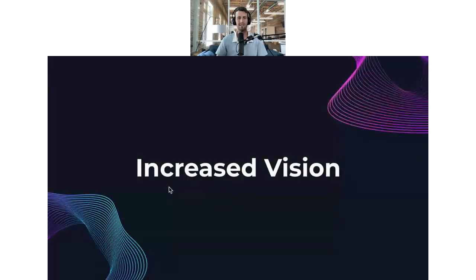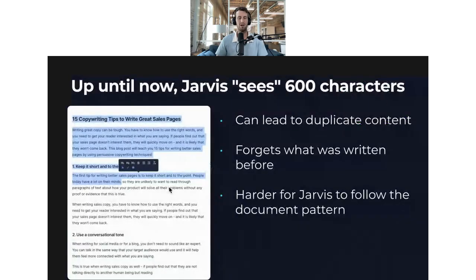Let's talk about what each one of these is real quick. So, increased vision, or increased look back. With Pro mode, up until now, we've had a max input of 600 characters. So if your cursor's here, I can only see back about that far. It leads to duplicate content. You can forget what's written before, and it's harder to follow the pattern, because really what Jarvis does is he